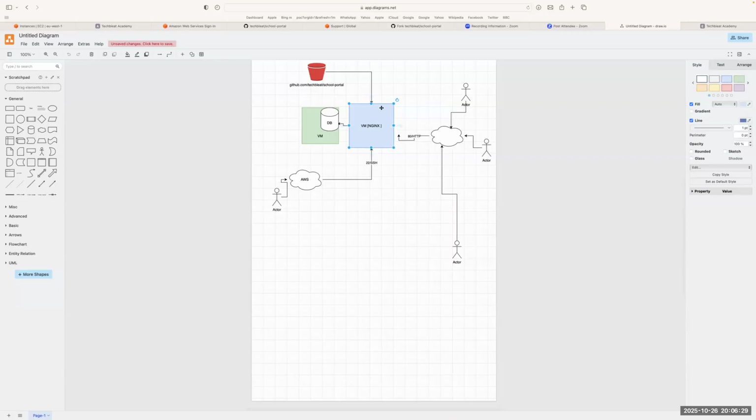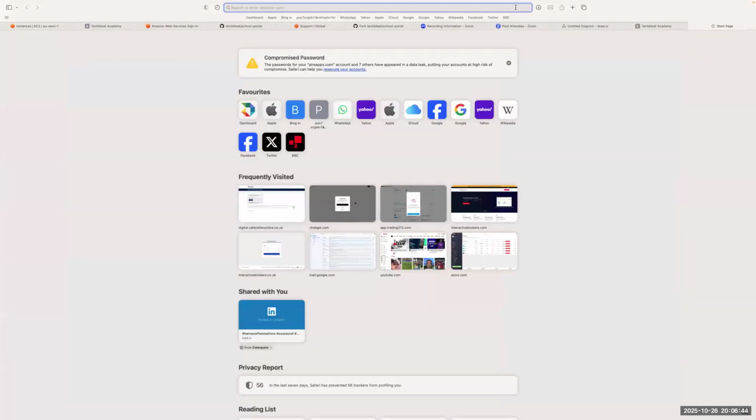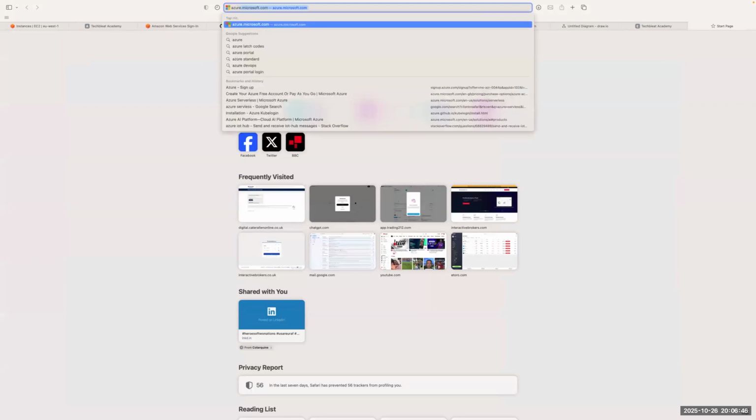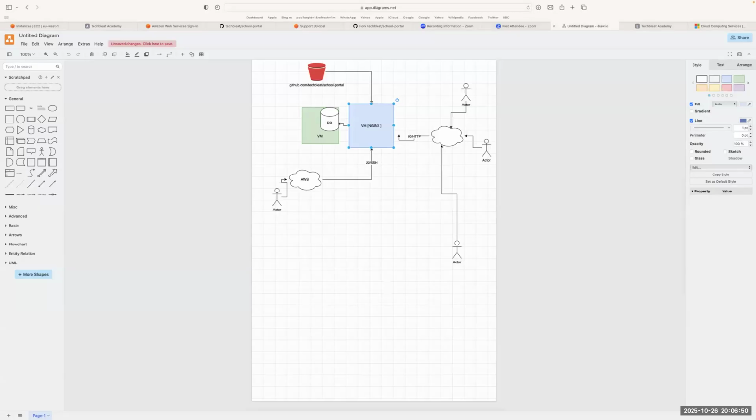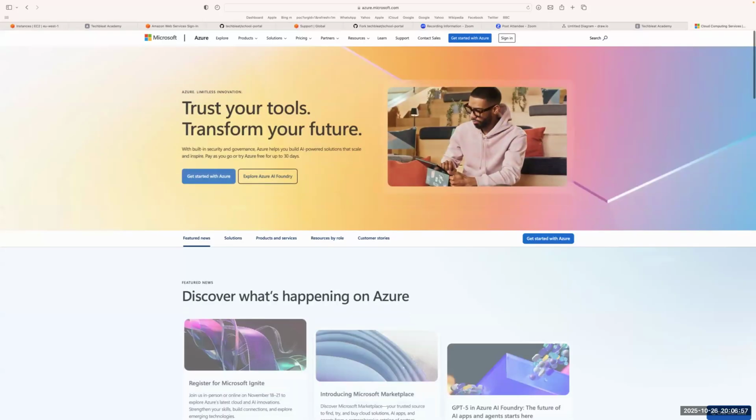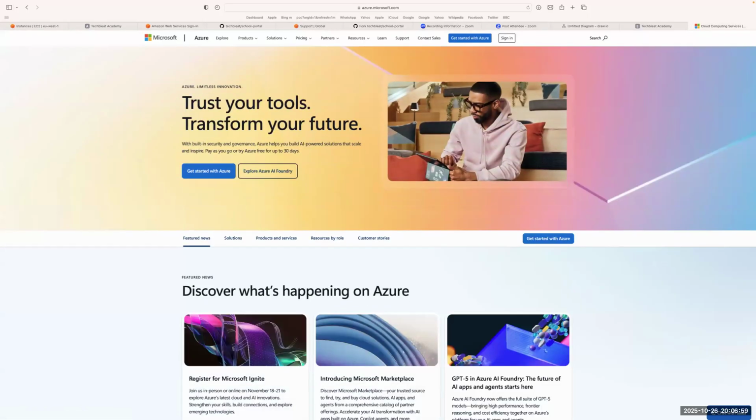And then discuss how we would manage connectivity going forward. So I don't want to waste too much time because we have a lot to cover today. So I'm going to try and log on to the Azure platform and see if I can do that from here. I'm not sure. Azure. So what I want to do, just to recap, is set up a machine on the Azure cloud, just as we did on AWS, and then